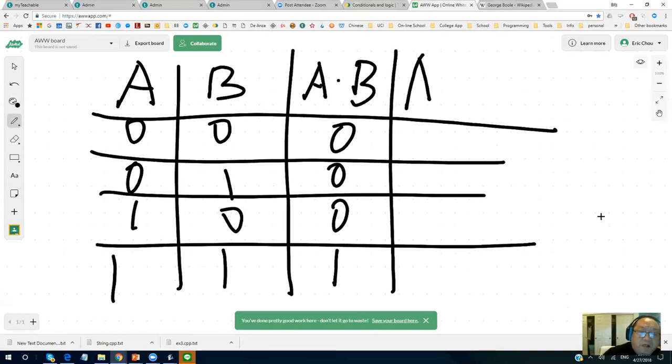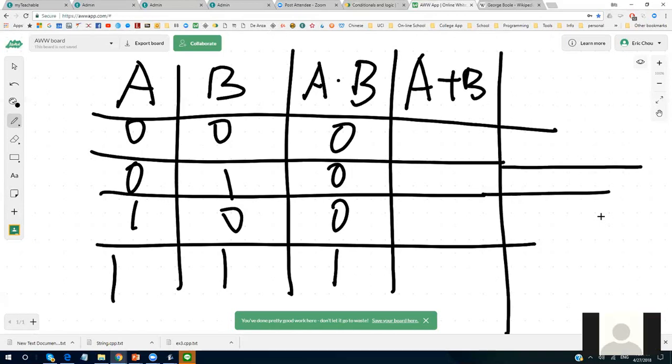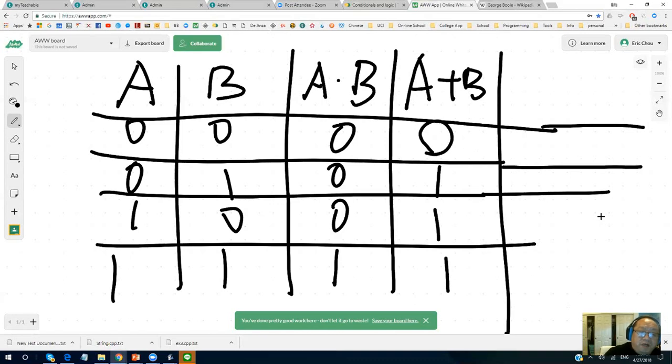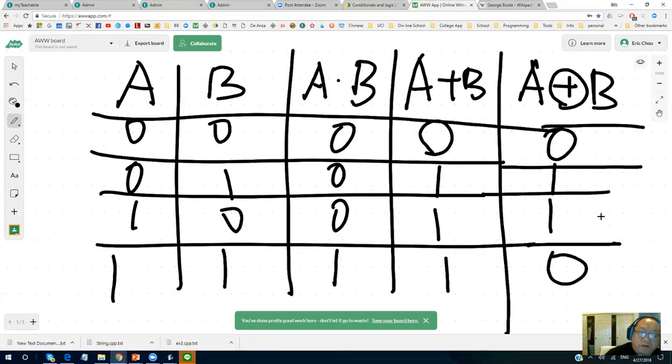Then A plus B is what? A or B. So actually it's any one of these, right? If A or B happens. The third symbol is called like this. This is called inclusive OR. Inclusive OR means 0, 1, 1, 0.